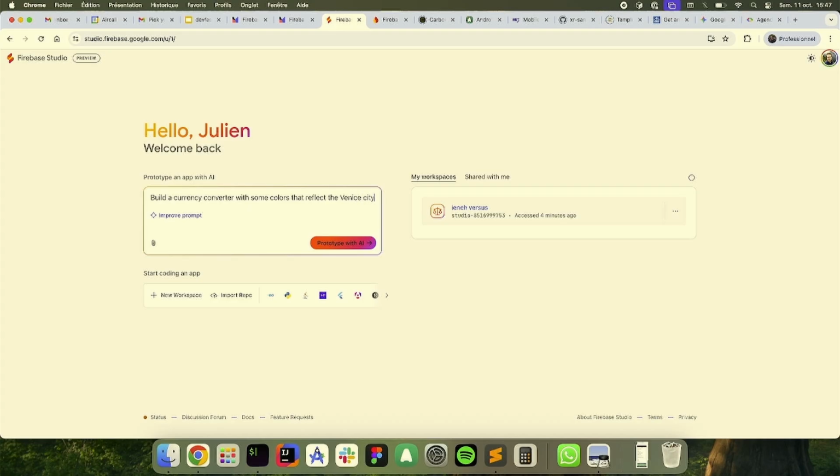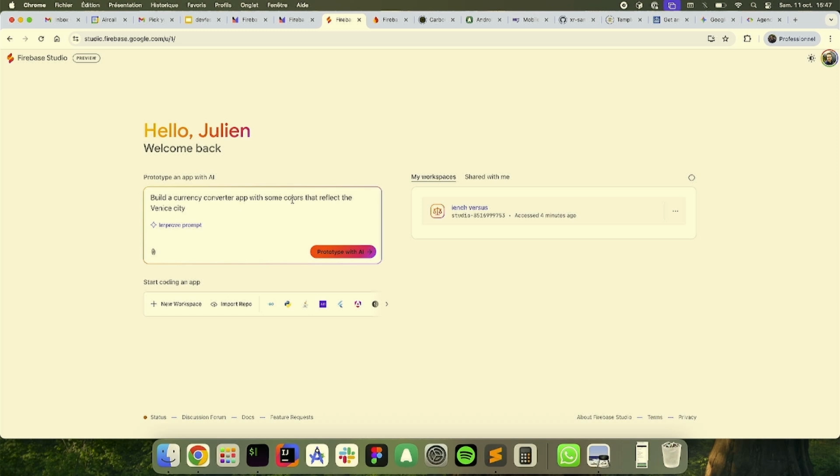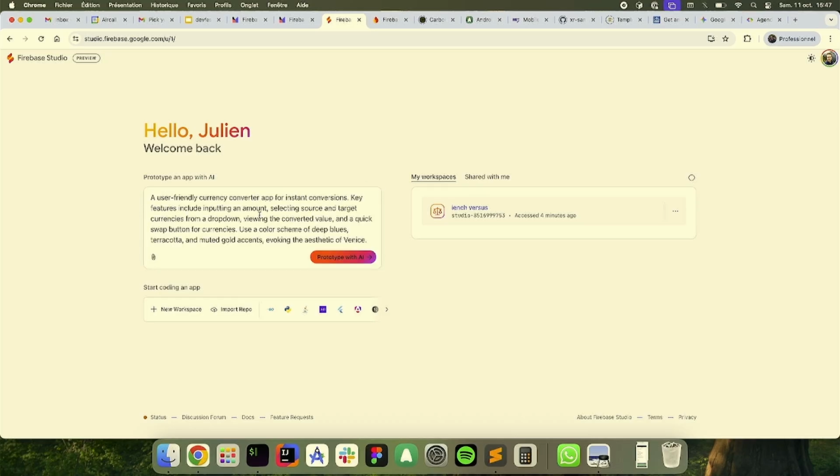I don't have much ideas. Okay, I just want to be a currency converter application. And you have this little button where it can improve the prompt automatically. So you give just a basic idea, and it's going to enhance the